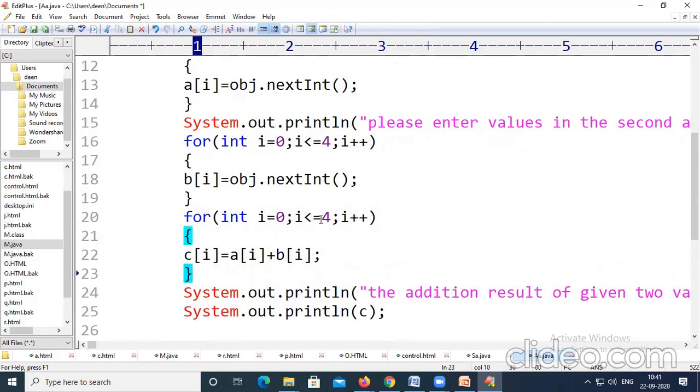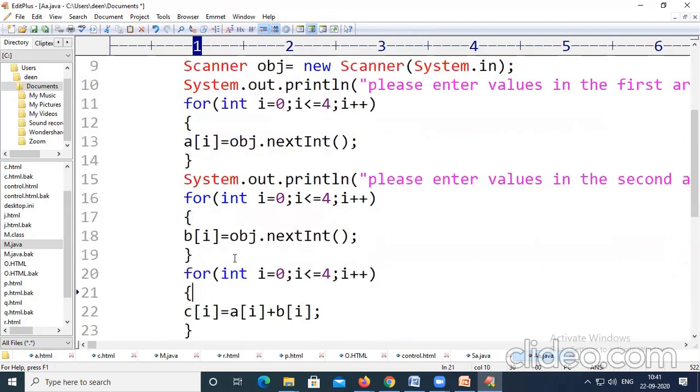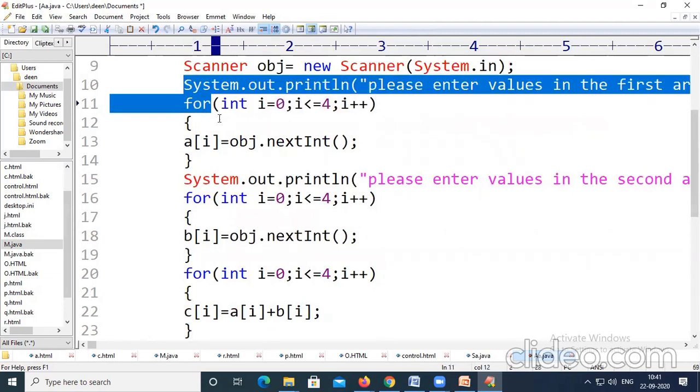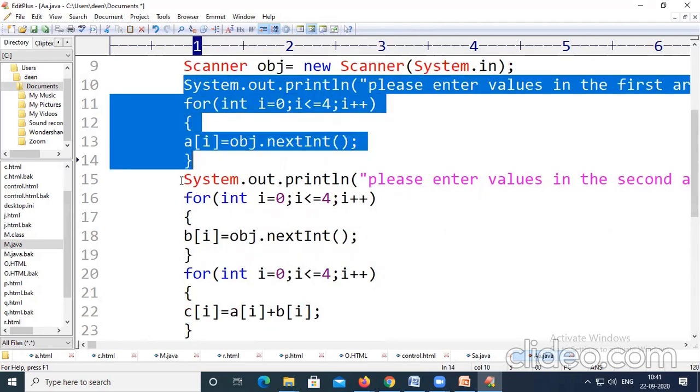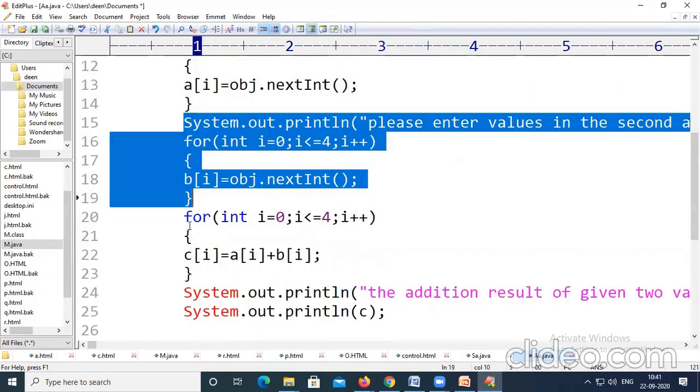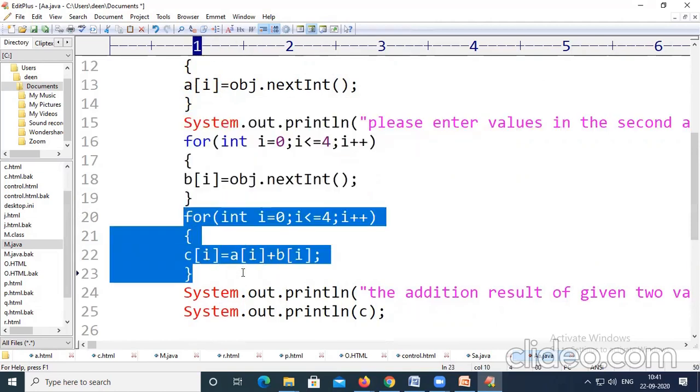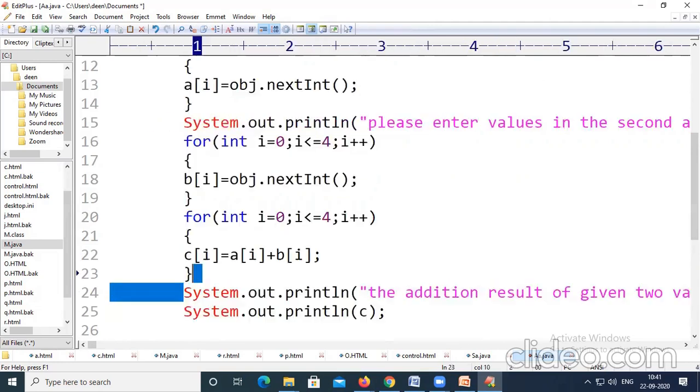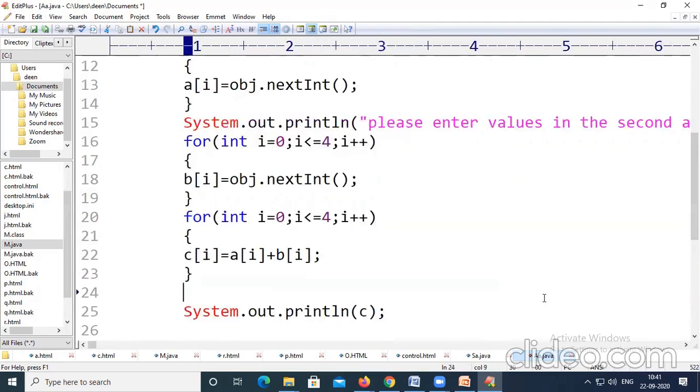Inside the for loop, the addition will be performed here, right? It is the initialization of the first array. It is the initialization of the second array. It is the addition of elements of the first array and the second array. And now here, what we have to do is, we need to use something called the